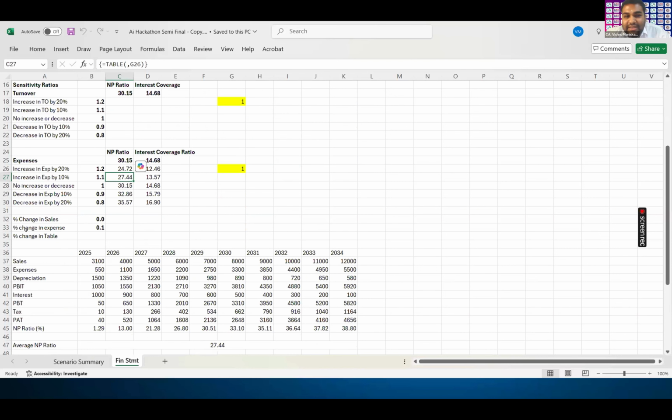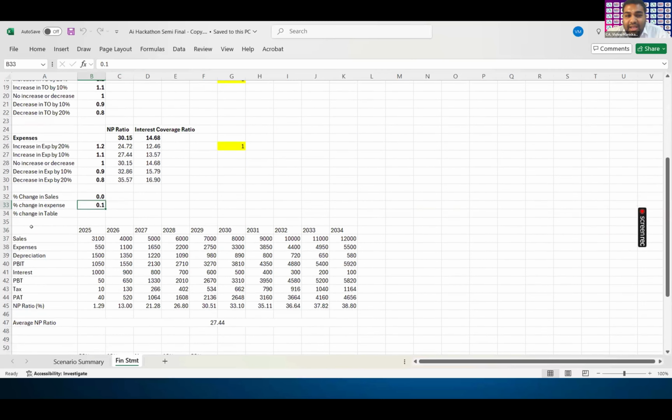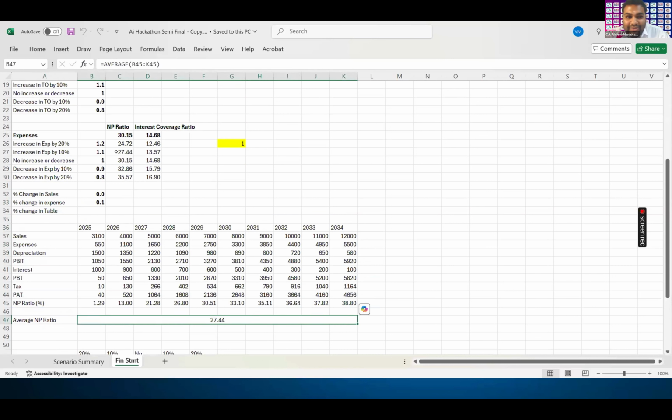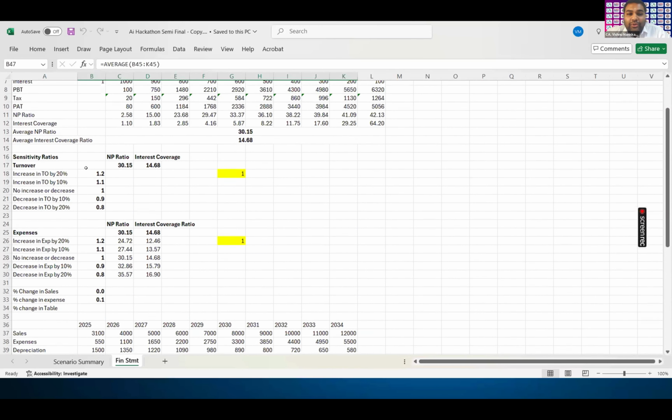If there is a change in sales and change in percentage, for change in expense 10%, I have prepared a new profit and loss account using the Python code. I'll just demonstrate how to build this financial statement using the Python code, but I just want to show you that the ratio matches. For increase in 10% of expenses, I'm getting the net profit ratio as 27.44, and using the Python code, the financial statement which I have prepared, there also I get the same ratio. So here,